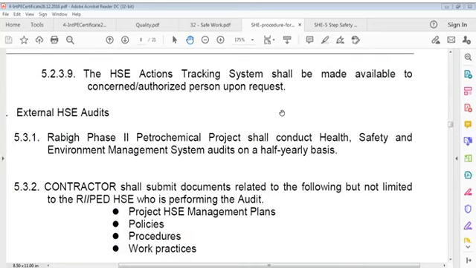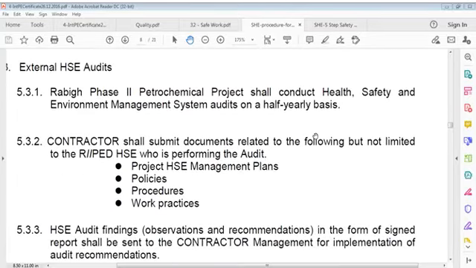HSE actions tracking system shall be made available to concerned authorized persons upon request. External HSE audits. Contractor shall submit documents related to